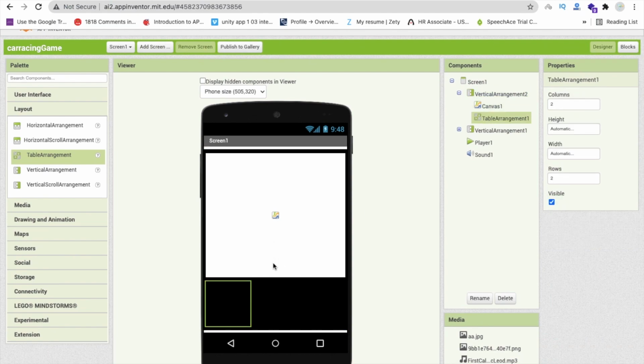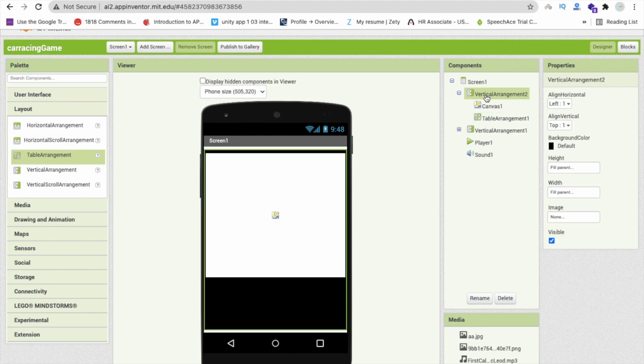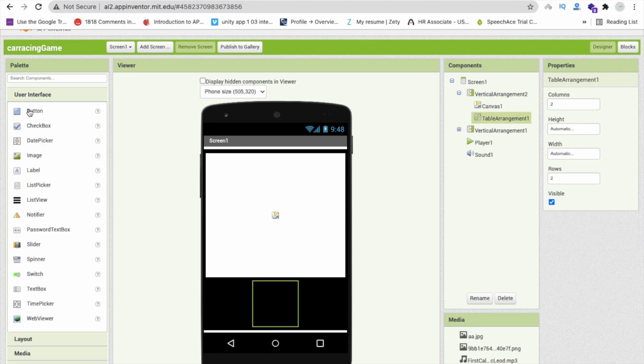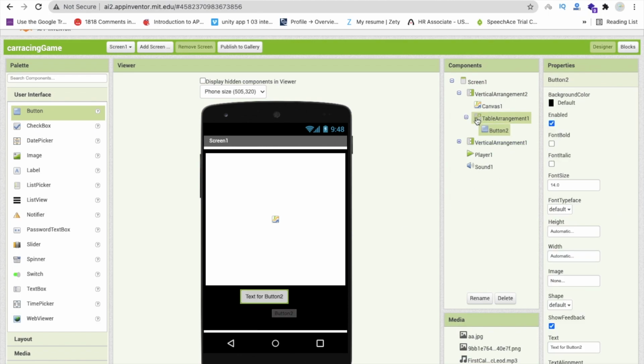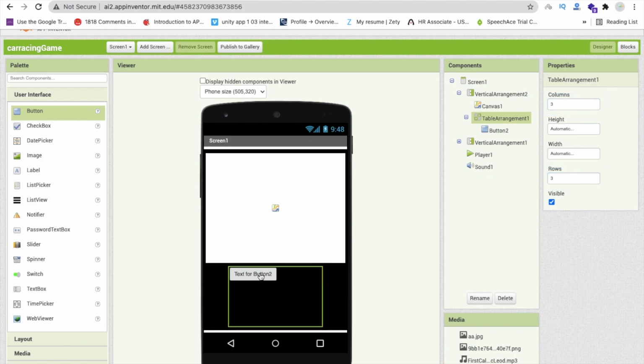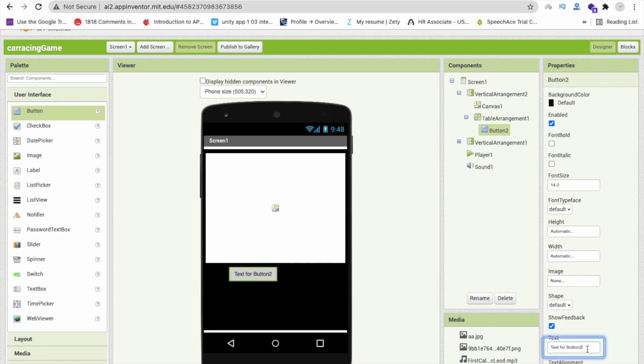So what you can do here, I'm going to make it first in the center like this. Align horizontal should be center, and we need some buttons here. So suppose let me just put one button here. Okay, what you can do here, you can make this table arrangement 3 rows and 3 columns like this, and change that button like this, and make the height and width 50 pixels